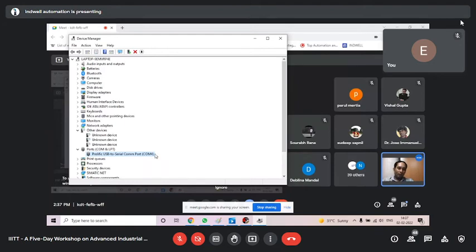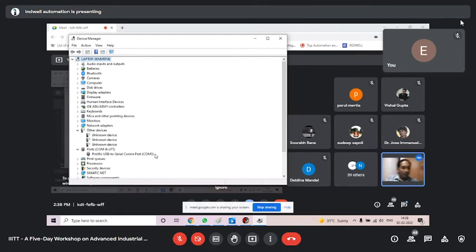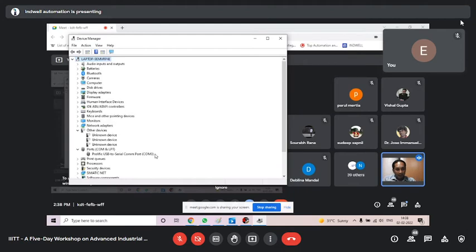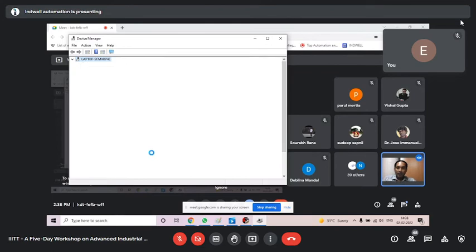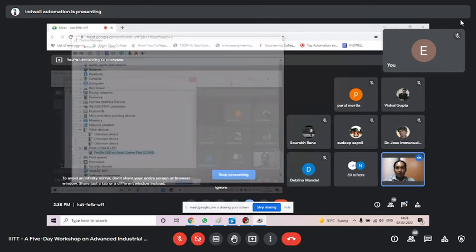So as you change your USB port, you have to check, because this COM port will be required in your software to communicate your laptop with the PLC. So I shall now remove it from this. We'll put it back to COM port number 3 itself, and we'll connect the mouse. I hope it is clear. When you use a USB to serial cable, you should install its driver first. Then in Device Manager, you should check the COM port number. Ours is COM port number 3. We have checked. It is shown here. I shall remove it.